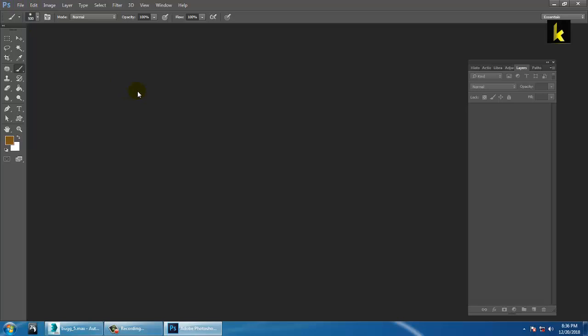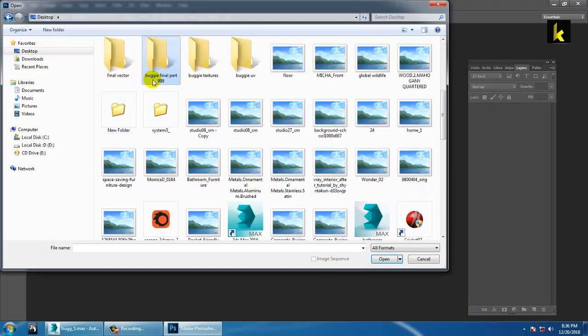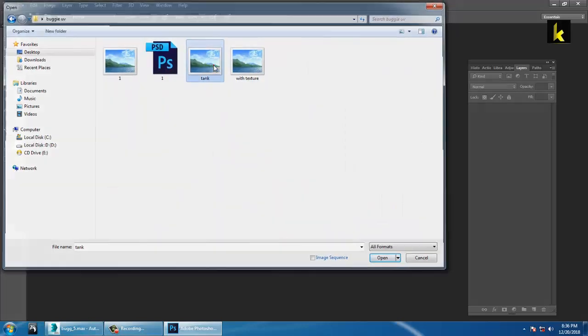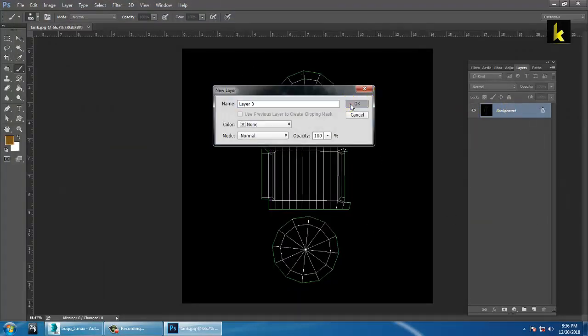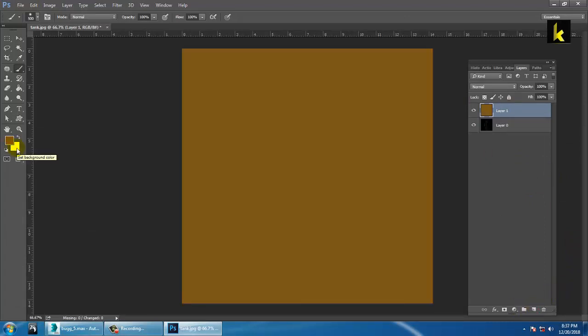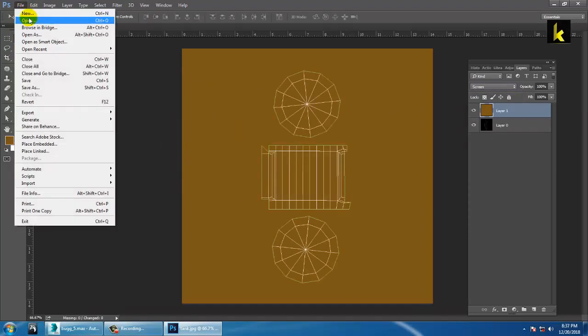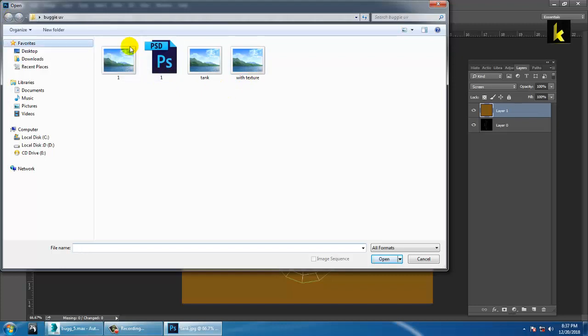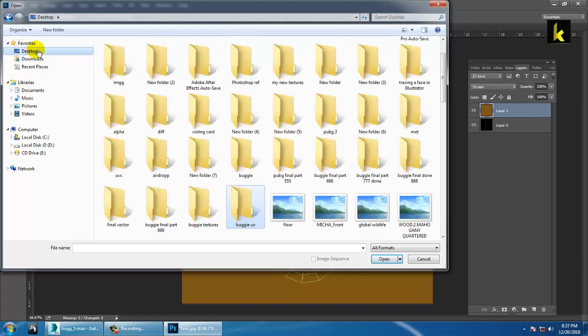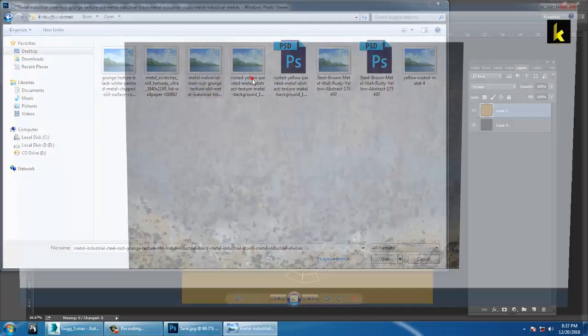Open the texture. So open this texture over here, the tank part, unlock this. So you can take a new layer, alt backspace and give a screen mode. Go into file, open and let's take a texture. So we have already taken a texture over here. For that, your buggy textures. So let's go into this. So let's take this texture over here